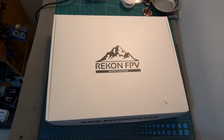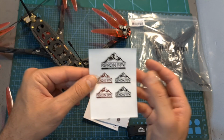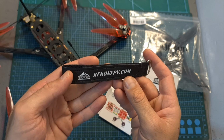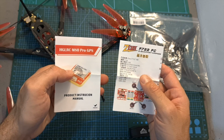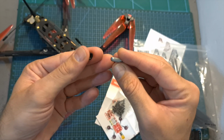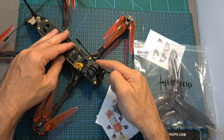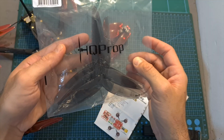As for packaging, the Rekon 7 Pro comes inside a pretty big box, and inside, along with the quadcopter, you're getting some KremerFPV stickers, two 25 cm long KremerFPV branded battery velcro straps, some spare screws, the user manuals of the AGLRC M80 Pro GPS and F722 flight controller, an M4 screw and nut that will enable you to mount an action camera on the top of the quadcopter using this provided 3D printed TPU part, a single set of